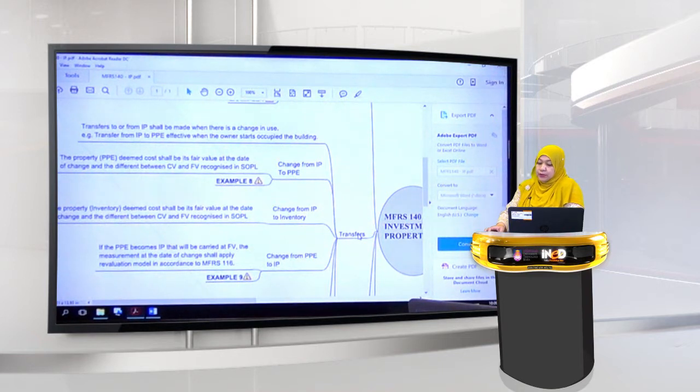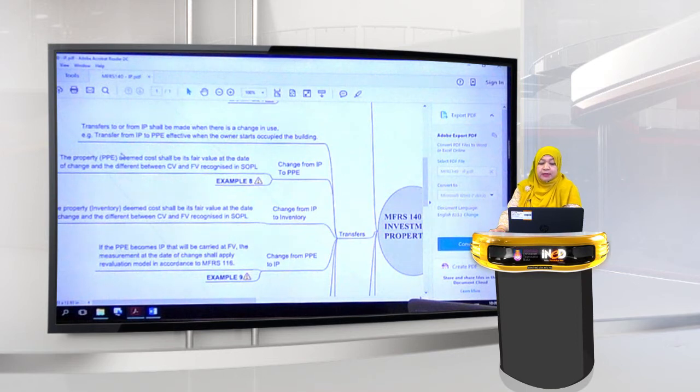Sometimes transfer to or from investment property shall be made when there is a change in use. So transfer from IP to PPE is effective when the owner starts to occupy the building. So if we decided to change from IP to PPE,